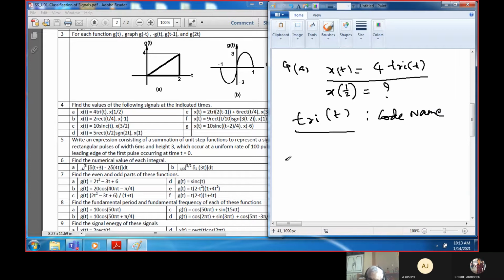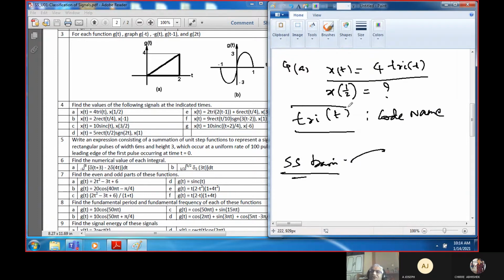But we are only signals and systems basic students. We are only trying to learn the basics. Now, how do we understand the new things which people are using? We can't. So we have to learn them. We have to learn what is the meaning of this tri of t. Just like we understood that function f of t is equal to sine t for 0 less than t less than 2 pi and is equal to 0 for other values.